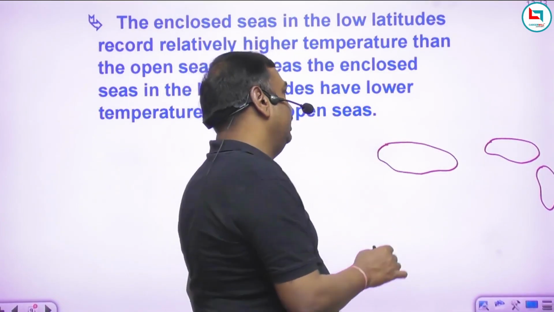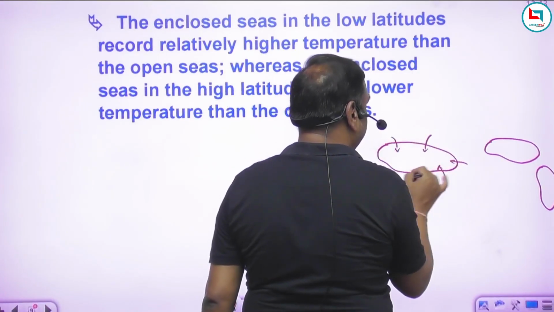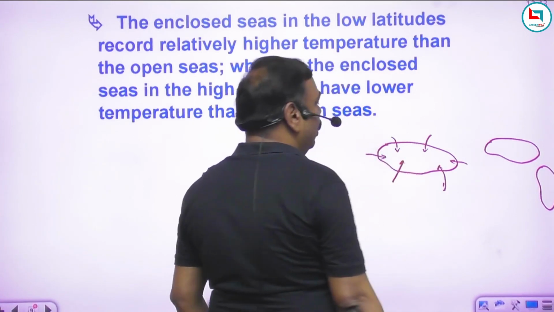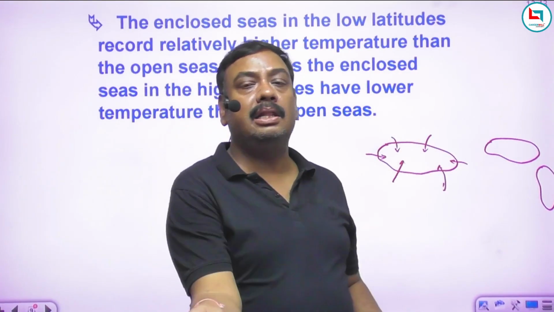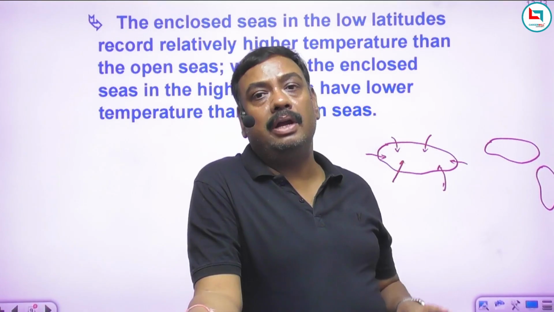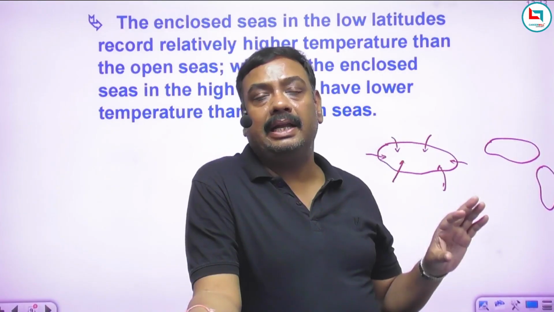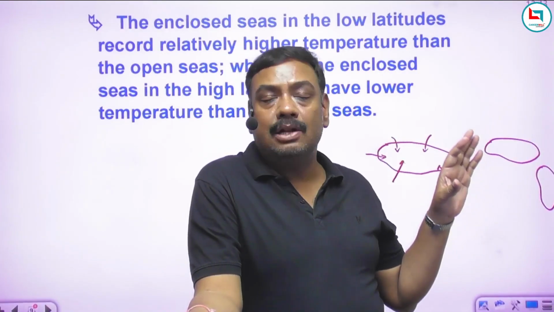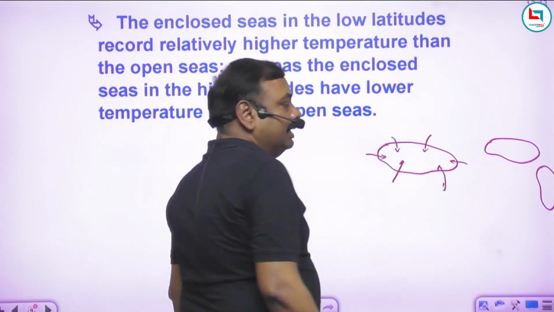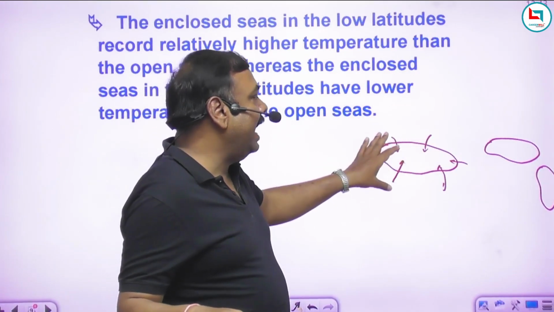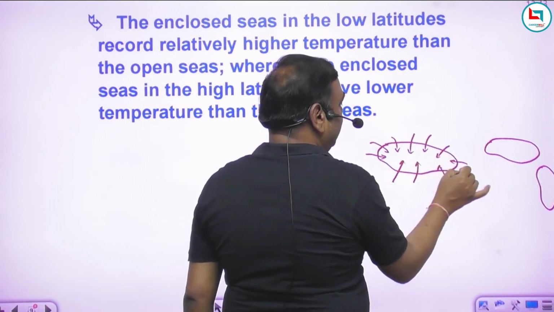More effect can be seen. If we see that this sea is enclosed here, so the surrounding land part, if this surrounding land part is located in the low latitudinal region, it is getting heated up more and more. This surrounding land part is getting heated up rapidly, and so the more amount of heat which is absorbed by this piece of land is transmitted to the enclosed water area,